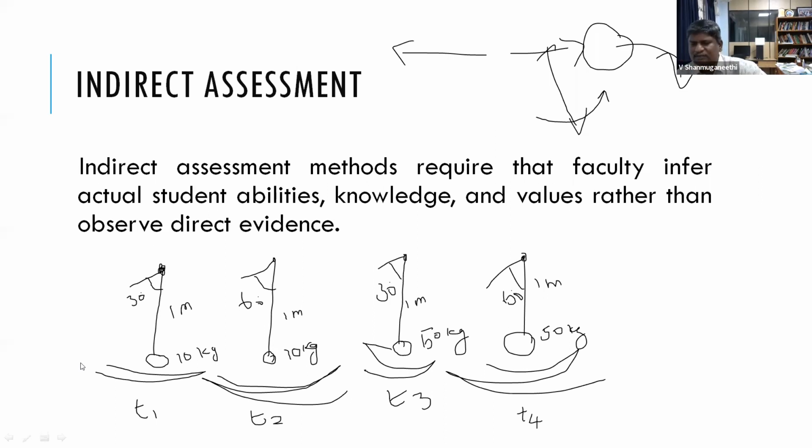Am I right, madam? So when you sit in the swing and your kid is sitting, maybe a young kid. Yes, exactly. Anybody, and also based on the angle. Okay, so angle again, based on the angle and weight. That is what I wanted to know. So based on the angle and weight, the time will vary. Then based on the angle and weight, based on the angle alone, and all together it varies.